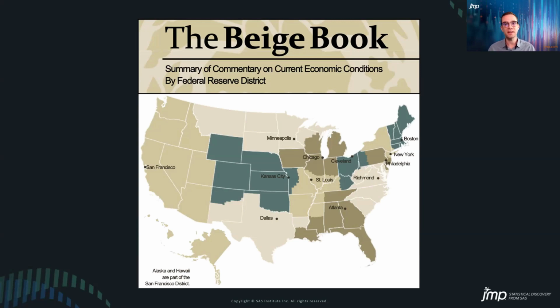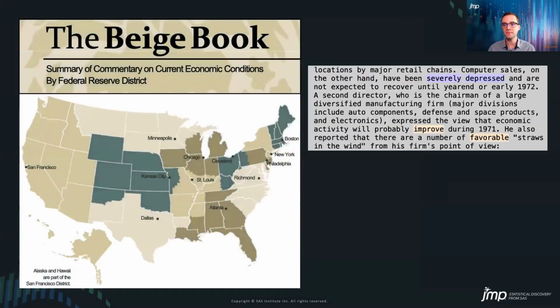So let's take a look at an example of some text from the Beige Book. Here, we just have a snippet from one of the reports, and we can see starting at the top that this report says that computer sales, on the other hand, have been severely depressed. Whereas if we go down to the bottom, an individual also reported that there are a number of favorable straws in the wind. So we have severely depressed and favorable and also improve highlighted here because these are what we